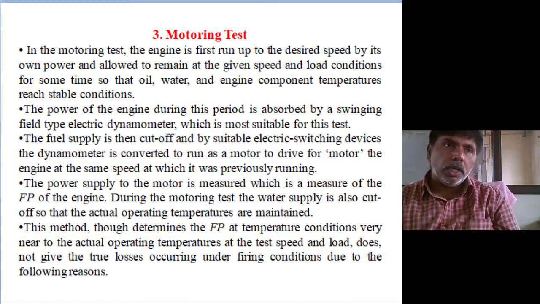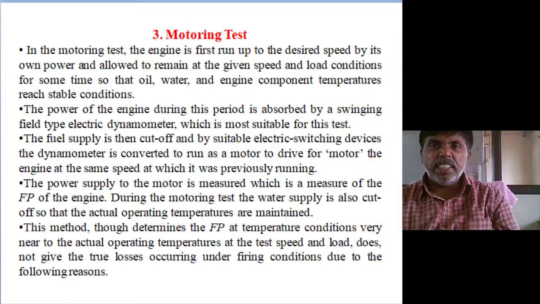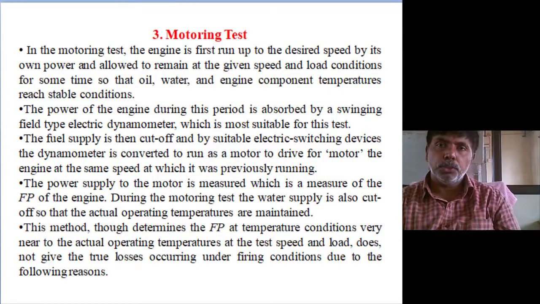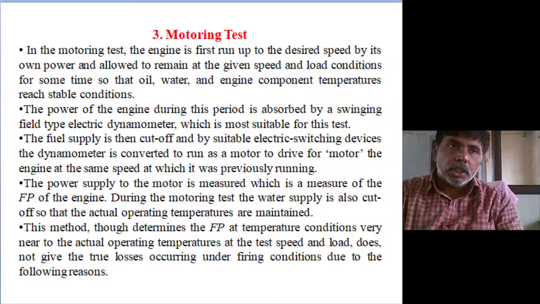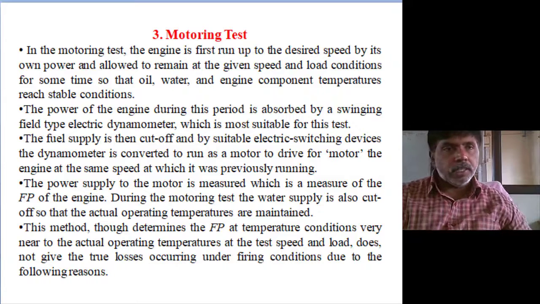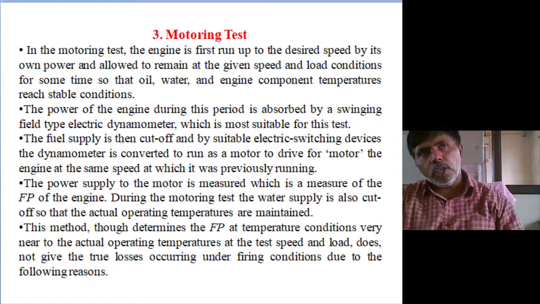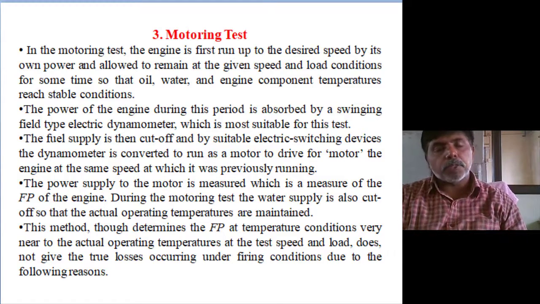That motor is connected to the internal combustion engine. Then run the engine first at the required speed and torque, until it reaches steady state, meaning the cooling jacket water temperature is maybe 80 to 90 degrees, and the engine body temperature is around 250 to 270. Until normal steady state, the engine runs connected to the motor, acting as a generator, generating some electrical energy. Then we cut off the power supply.